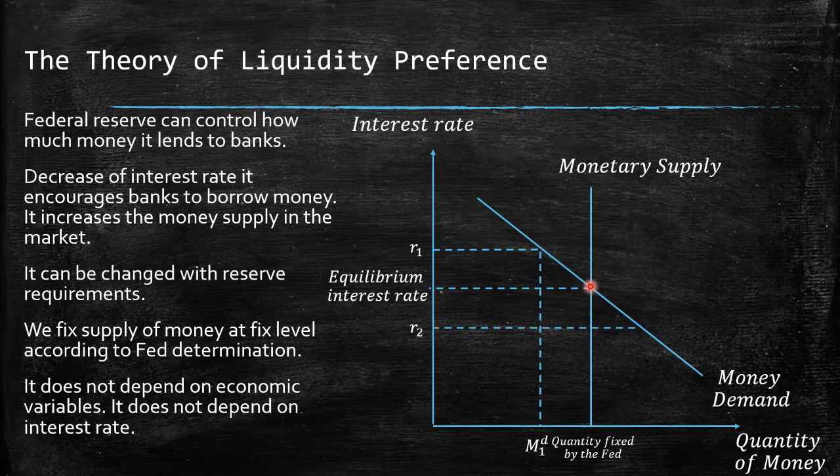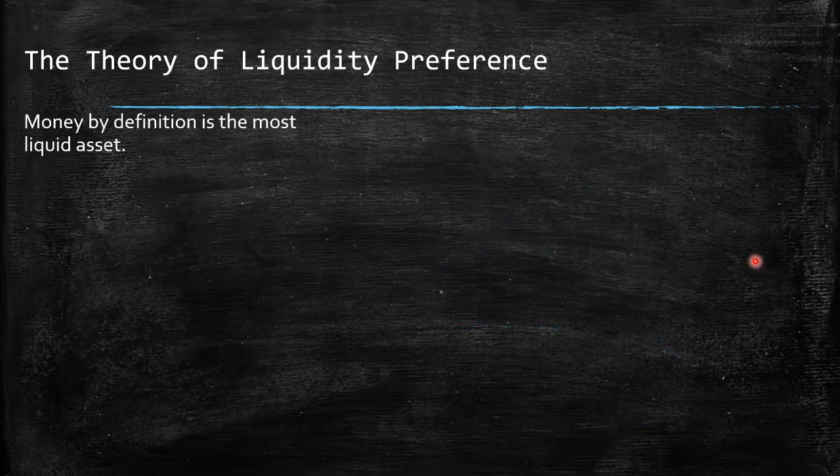Imagine the second scenario. We have R2, which is the demand with this lower demand. We have this part that is not adjusted, where the money demand is higher than the money supply. So for this reason, we need to go up to this part where there is the equilibrium, where there is the interest rate.